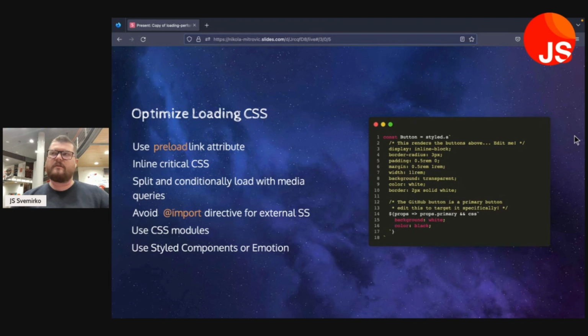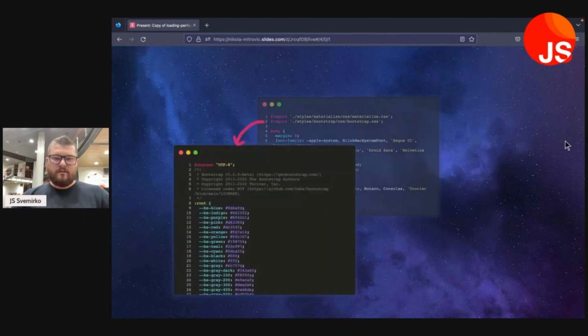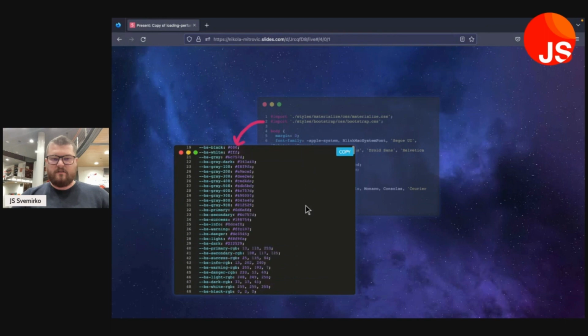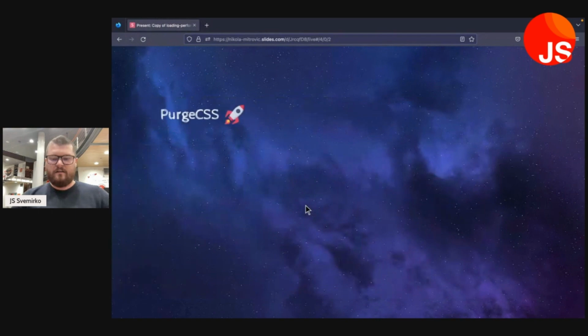But what experience working on big scale projects has taught us is that as a project grows, as a team scales, most of the CSS is being left unused. So let's simulate a situation like that. Let's say this is like index HTML, index CSS file, sorry, with some basic styles. And at the beginning of the file, we imported the whole style sheet of Bootstrap. It has a lot of CSS code there,